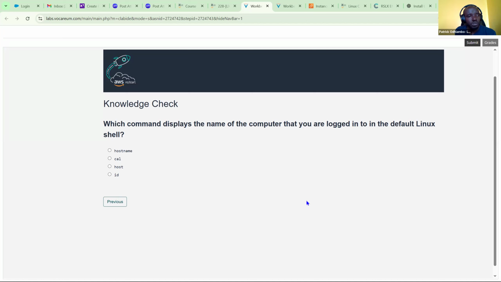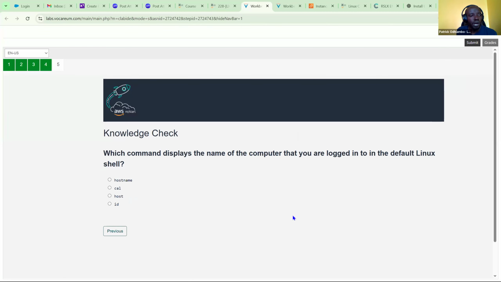Which command displays the name of the computer that you are logged into in the default Linux shell? The answer is hostname.